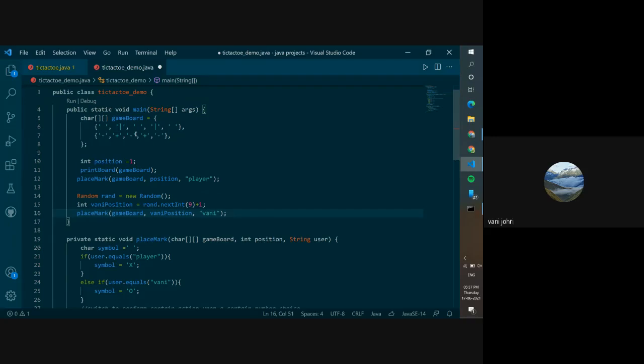Just think of it as a way you called this method once to print the board with an X, right? Once the board has been printed with an X, now you need to print it again with an O placed somewhere. The user has taken a turn, and now you need to make a move. The computer means you yourself. You are writing the code. You are the computer part over here. So now it's your turn. So how do you do it? You take a random number. This is how it works.